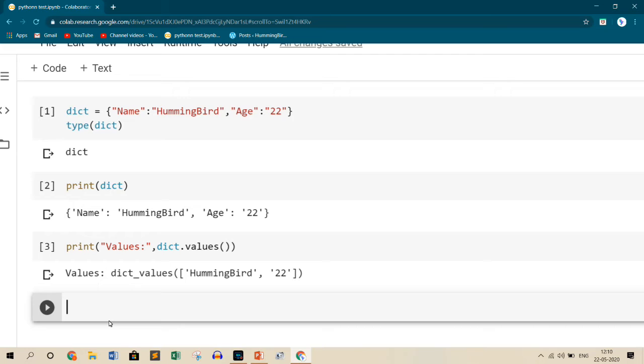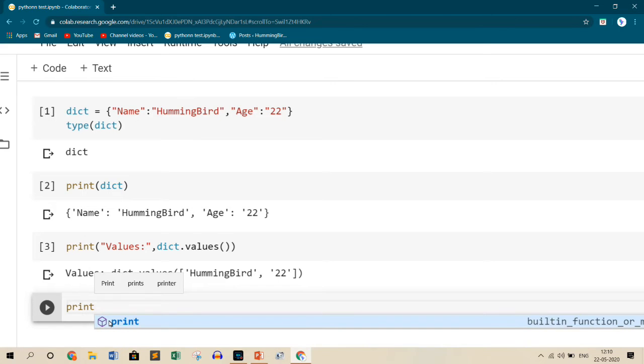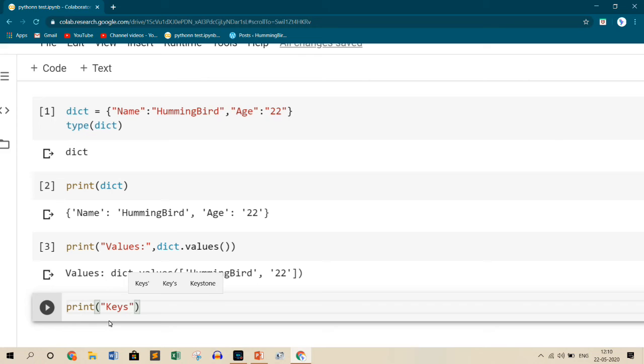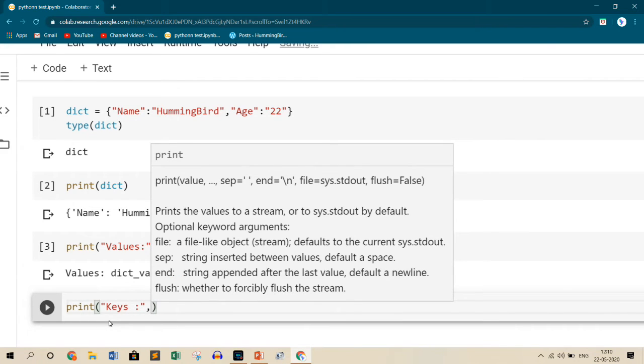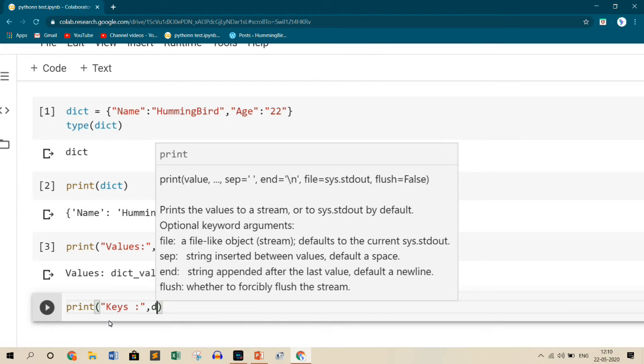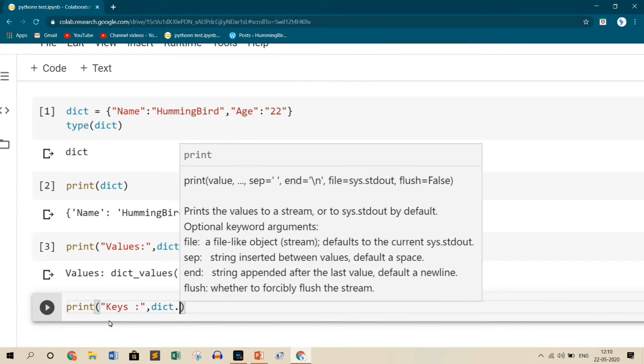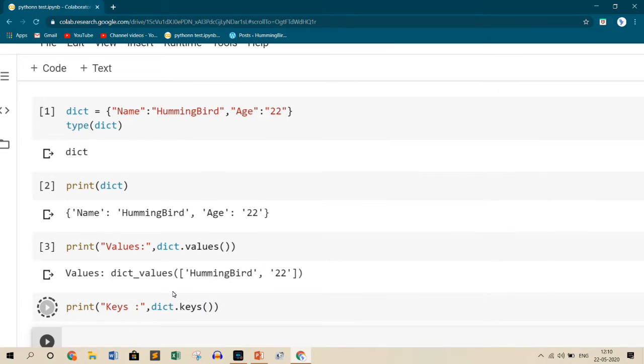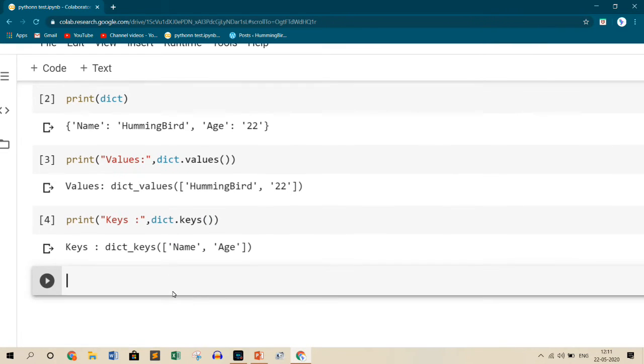If I want to print the keys inside the dictionary, I just change the thing to keys, dict dot keys. If I do this, I'll get all the keys available inside the dictionary.